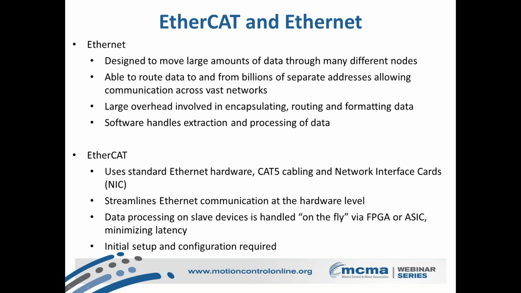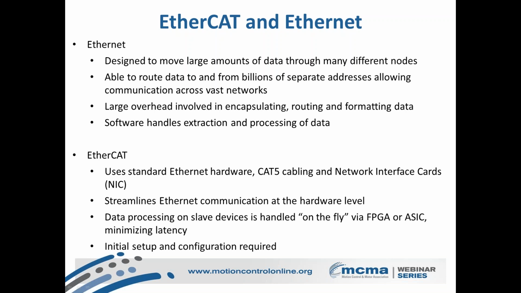EtherCAT uses standard Ethernet hardware, so good old Cat5 cabling and network interface cards. However, what's been done with EtherCAT is, for lack of a better term, a stripped down version of Ethernet. It removes most of the flexibility in terms of types of data that can be moved back and forth, but it comes with the benefit of streamlined communication that provides that deterministic coupled motion that we were looking for from